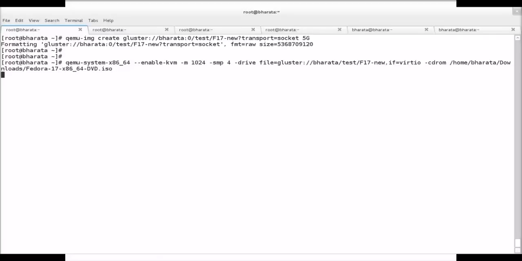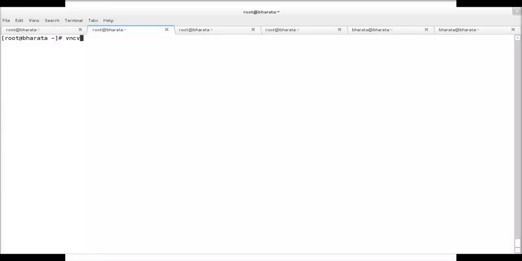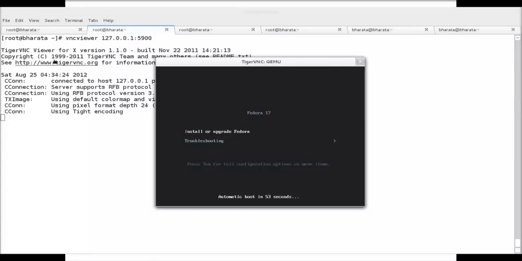Let's wait for the VNC session to come up. There it is. Let me choose the install option here.